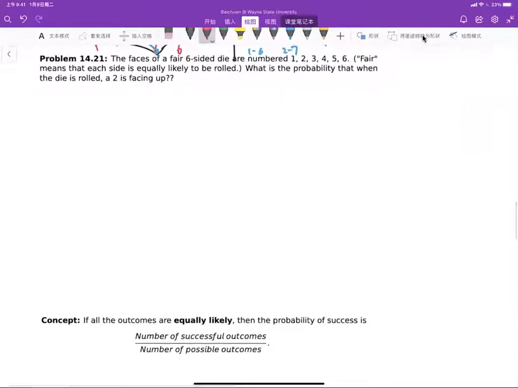So then let's look at the problem 14.21. From this problem, we're going to the next section. In the new section, we will discuss a concept which is called probability. Do you know this word? Have you heard of this word probability? Okay, so some of you did. So basically, the probability is a number to describe